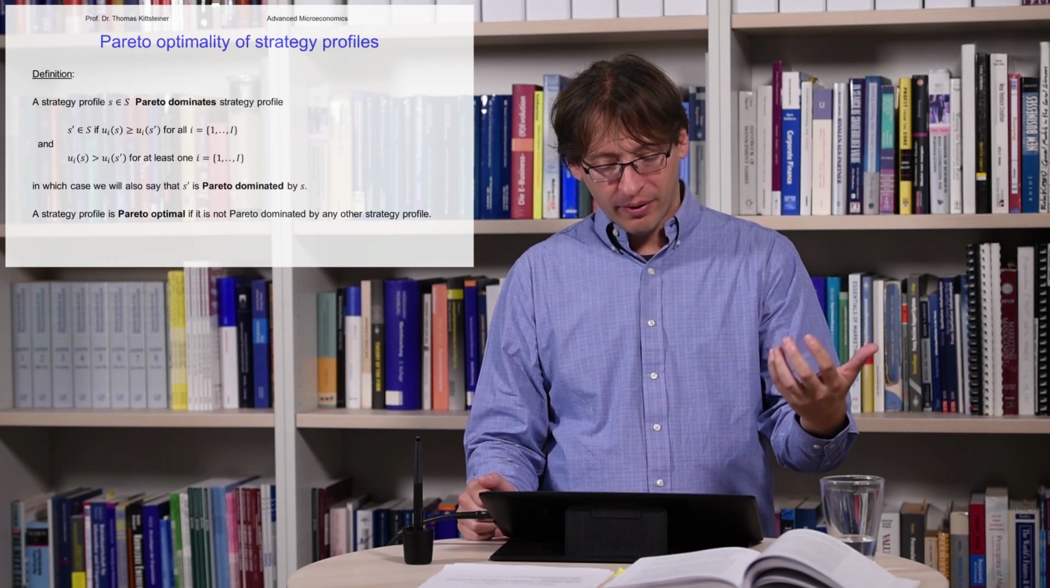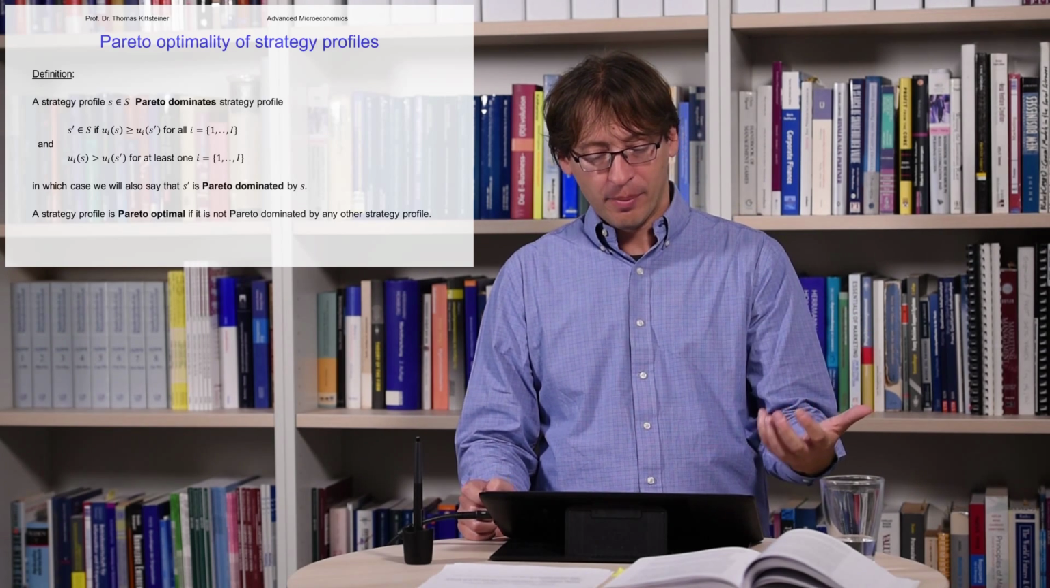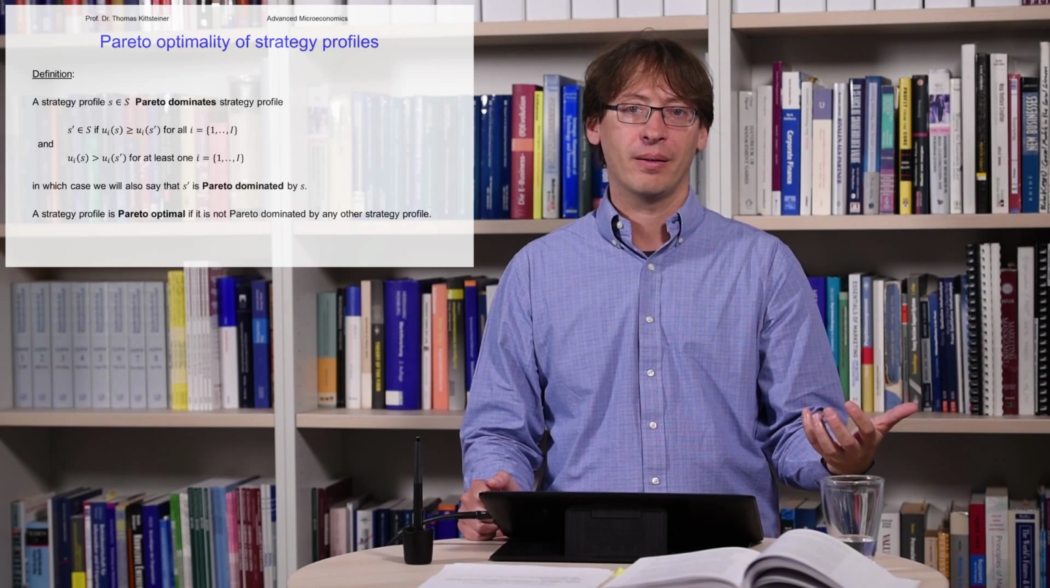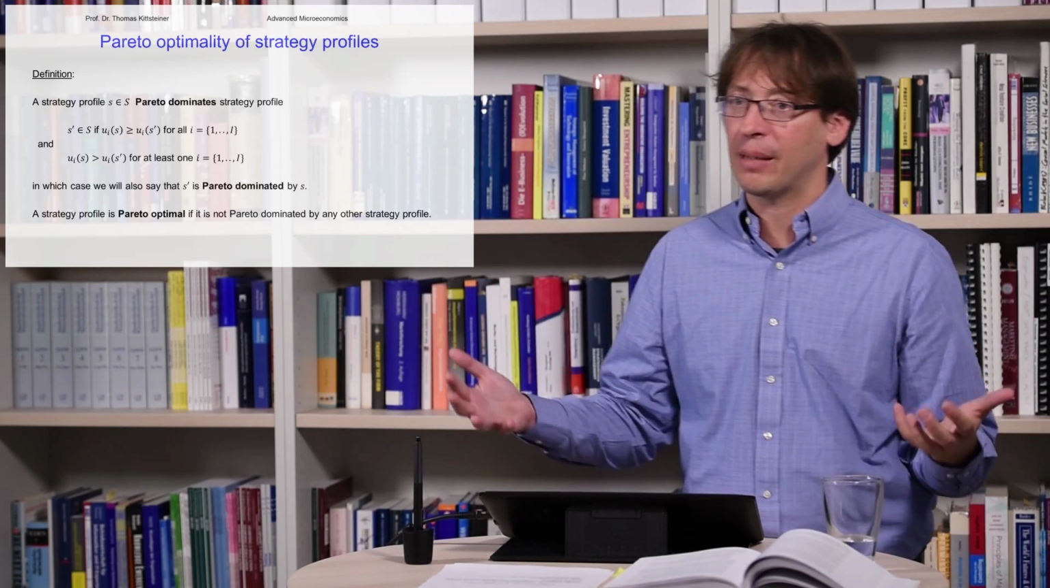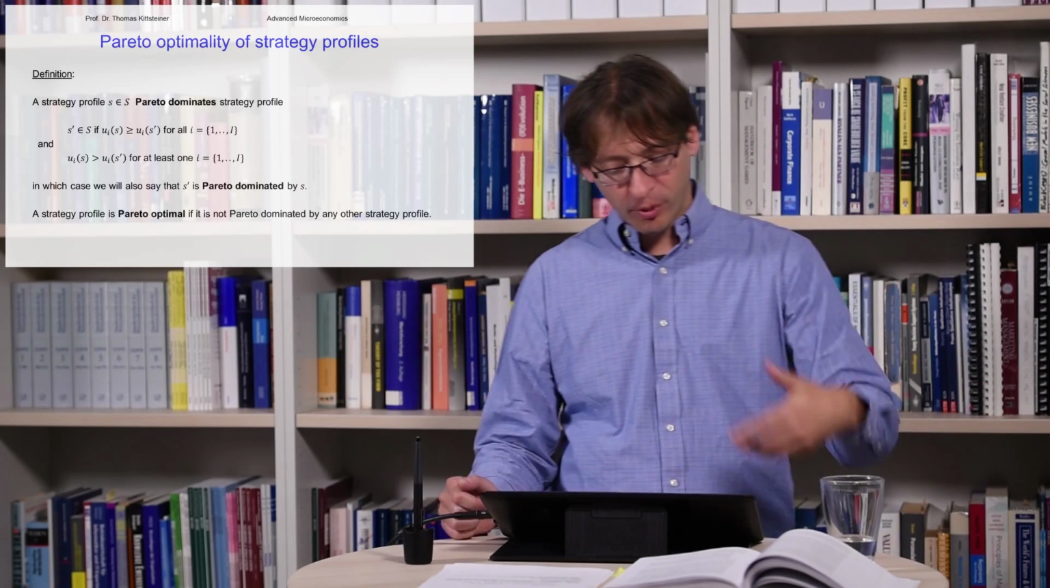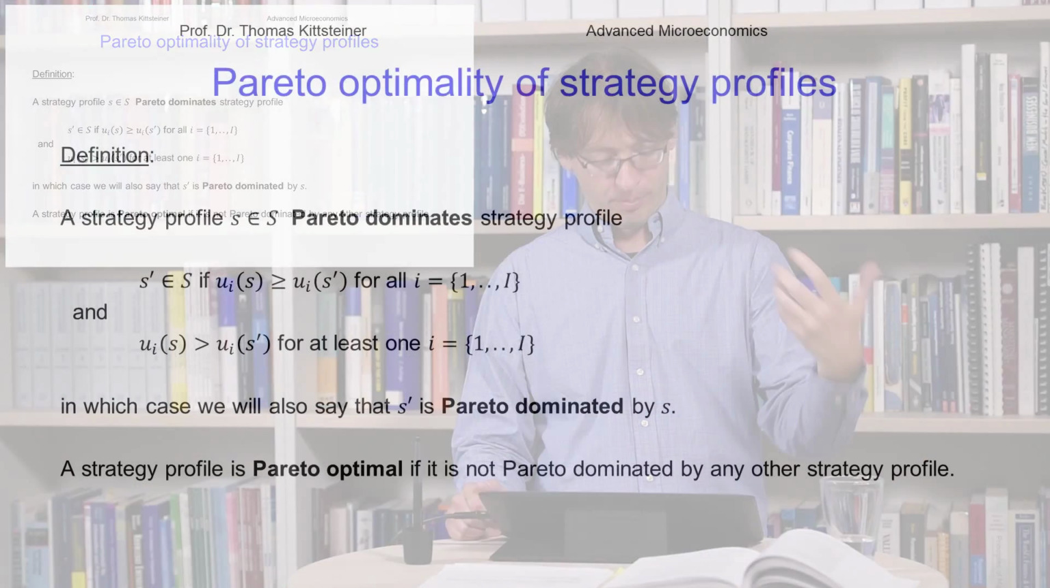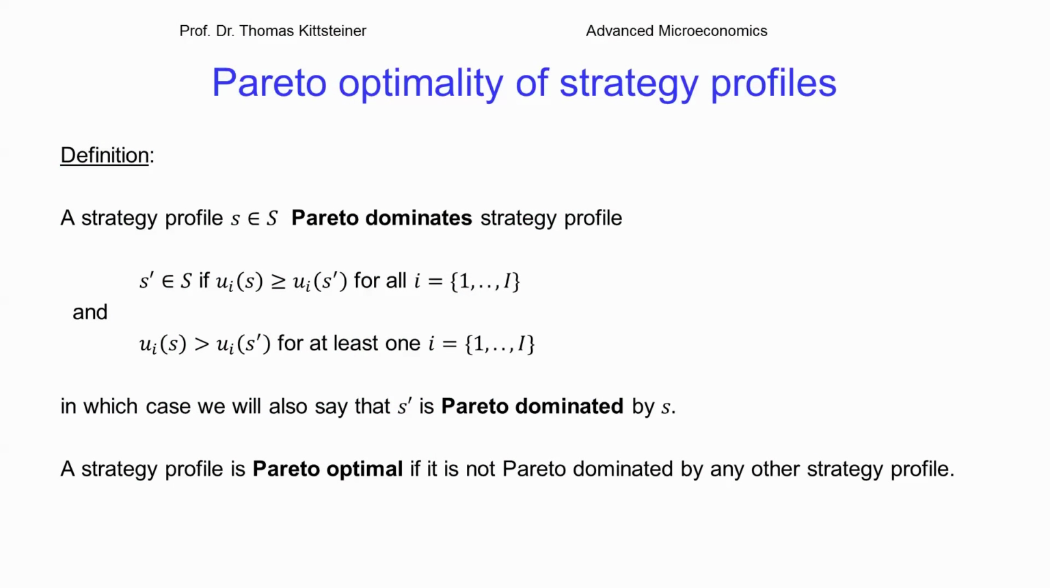And we say that such a strategy profile Pareto dominates another strategy profile, that means another possible outcome of the game. So strategy profile S Pareto dominates another strategy profile S prime if two conditions hold. The first condition is here. And it says that in the strategy profile S,